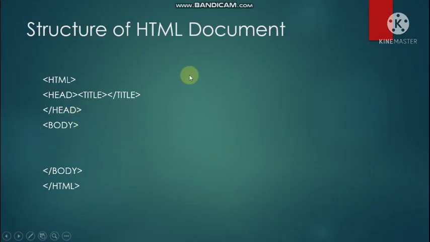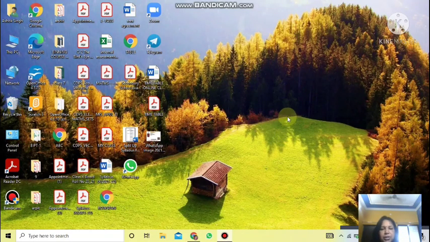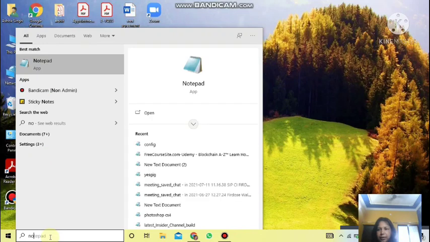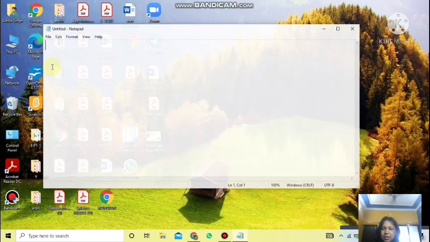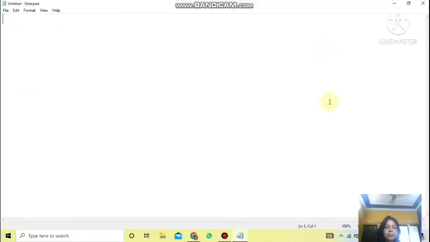We'll start with the basic structure of an HTML document by giving an example through Notepad. So let's start with that. Now, how do we create the HTML document? For that, you will open Notepad from the search box. Type Notepad there and you will see Notepad. This is the default text editor which you all must be having. Now maximize it.